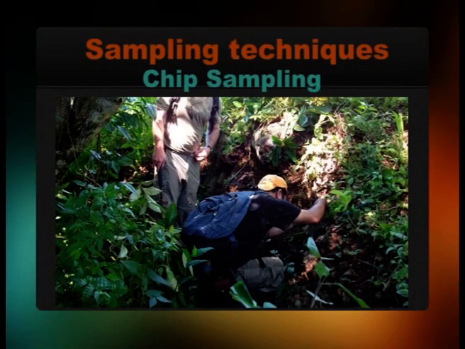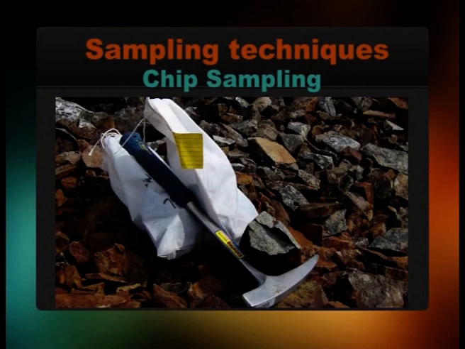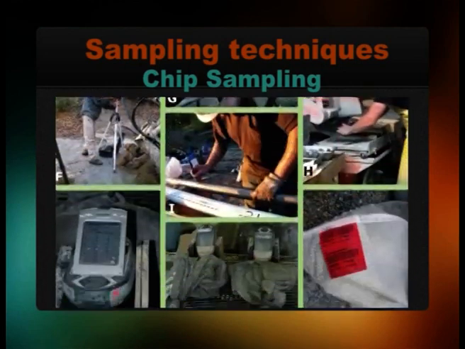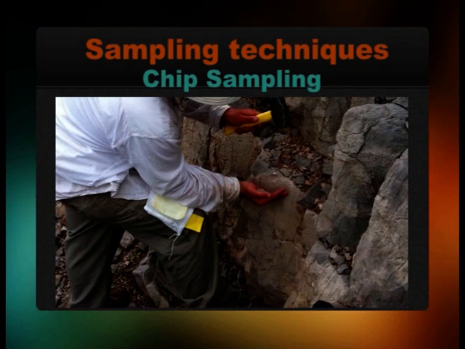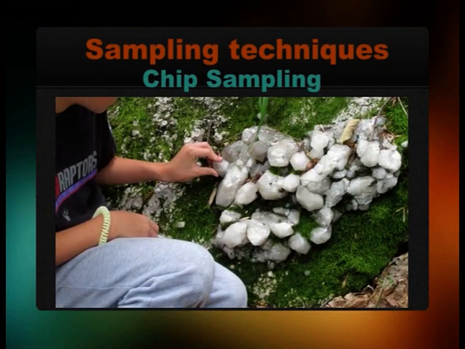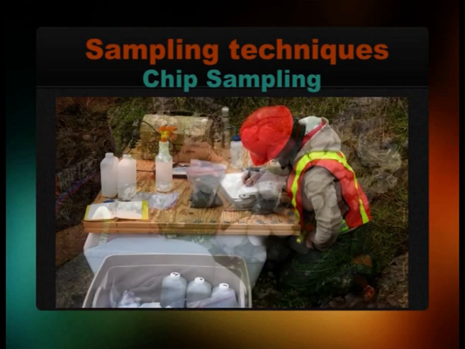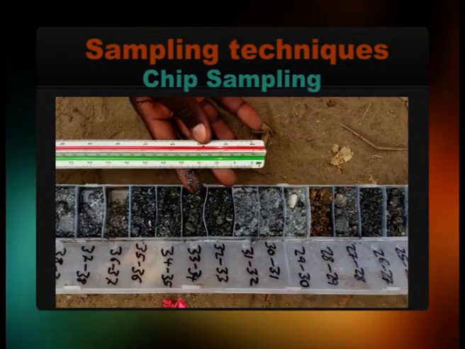Sixth is chip sampling. Chip sampling is another special drilling option under the custom drilling services domain. Rotary drilling rigs designed to use large volumes of compressed air retrieve consolidated rock samples from varying depths. The resulting geological data allows for the quick assessment of the quality and quantity of the mineable reserves.